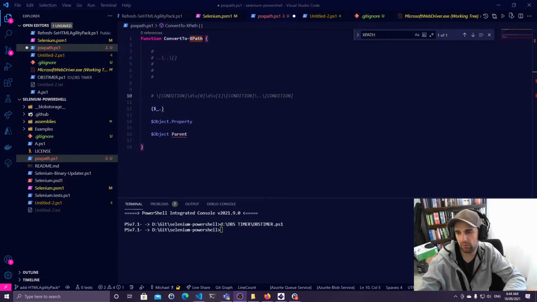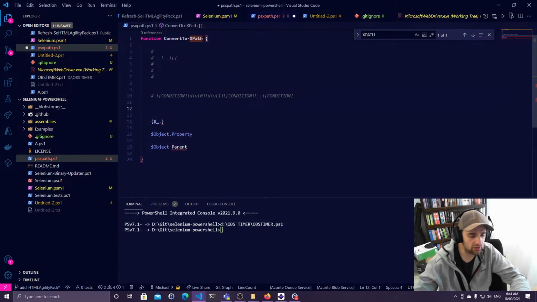XPath is really powerful, and it's something that a lot of people can leverage without necessarily knowing the language, by having a method that can translate into XPath. PowerShell is actually quite well suited for that, because the pipeline can function as the translation. So for instance, if you were wanting to do a translation, the equivalent would be starting off